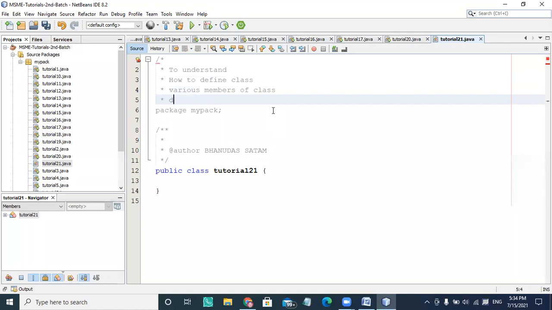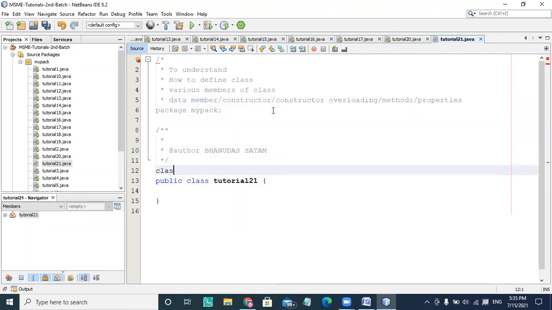The first is the data member, then the constructor, then the overloaded constructor, constructor overloading, methods, and the properties. All this stuff we are going to understand inside this tutorial.